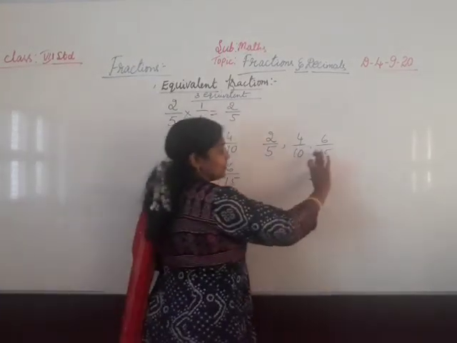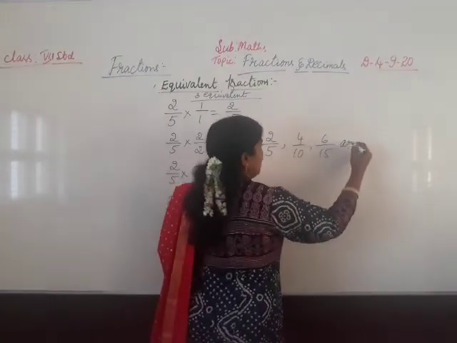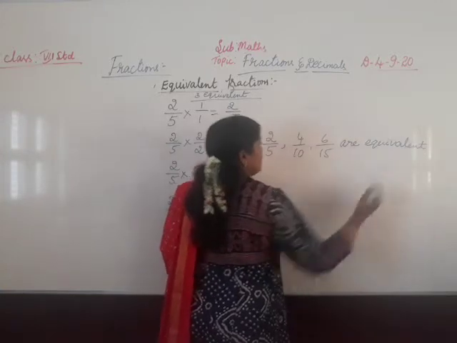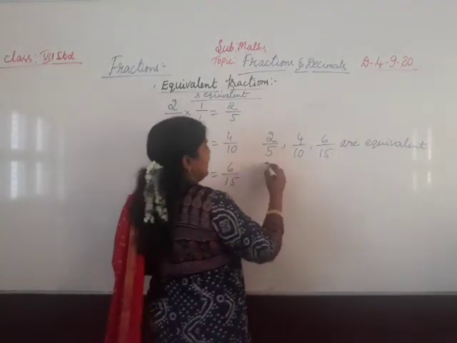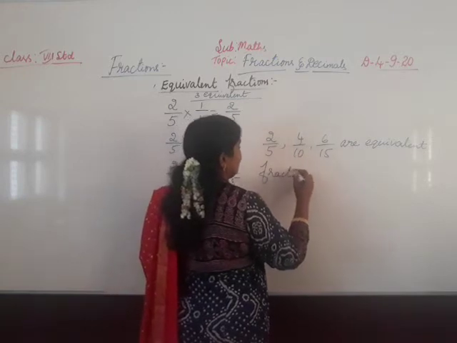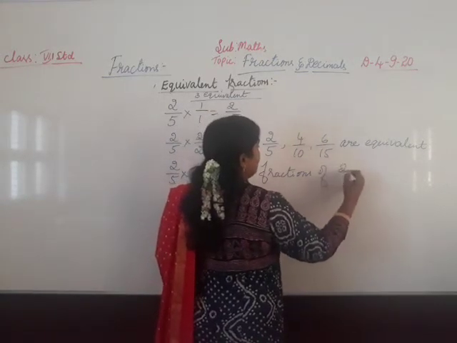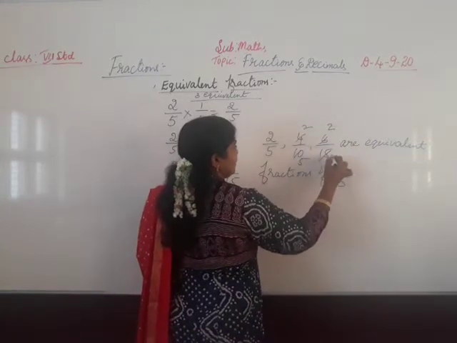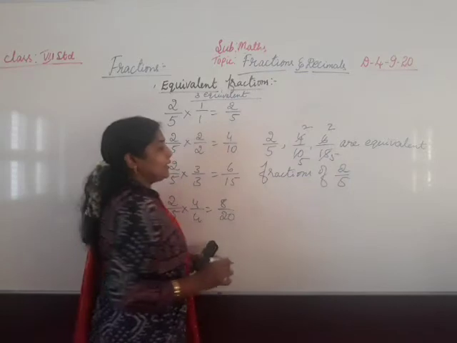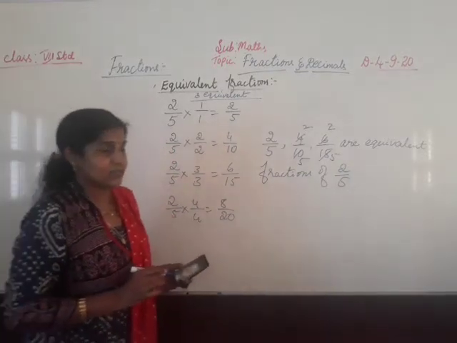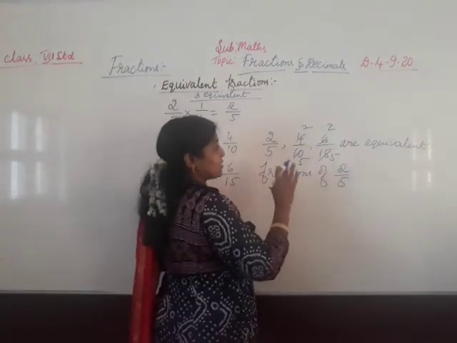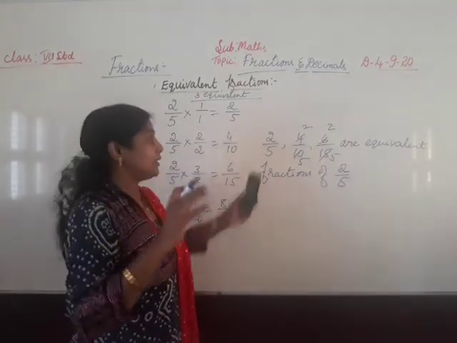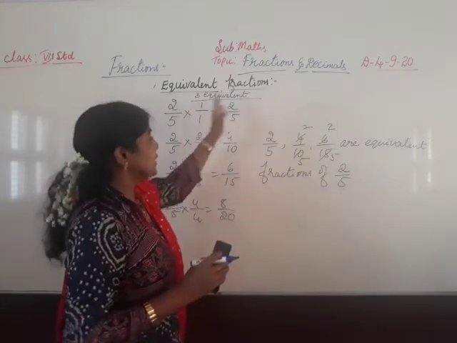So if you see these fractions, suddenly we cannot make out that they are equivalent. By simplifying, they are equivalent fractions of 2 by 5. So 2 2s are 4, 2 5s are 10. 3 2s are 6, 3 5s are 15. The value after dividing we will get the same. Understood? So that's why equivalent fractions are the fractions which have the same value. After dividing the fractions we will get the same value.